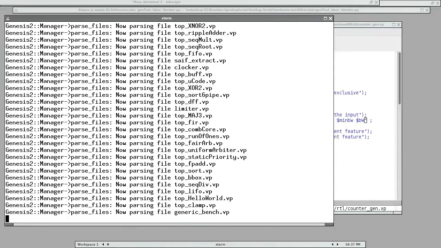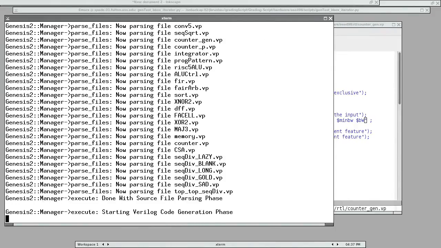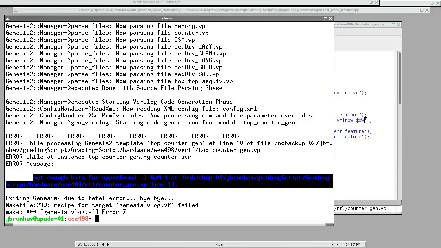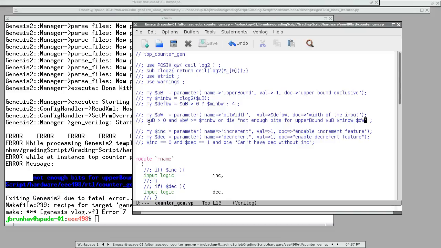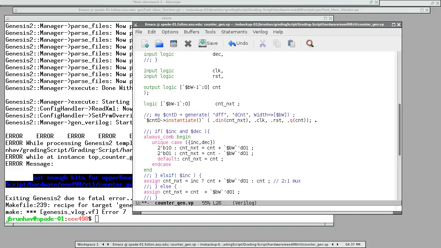So that's not the best help message in the world for an error. So -1, nan, and 4. So -1. So this should have been false. This should have returned